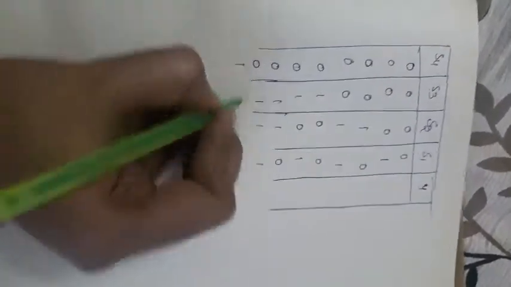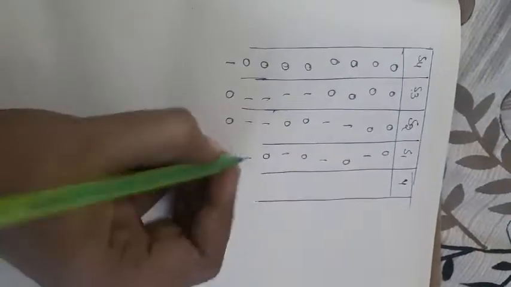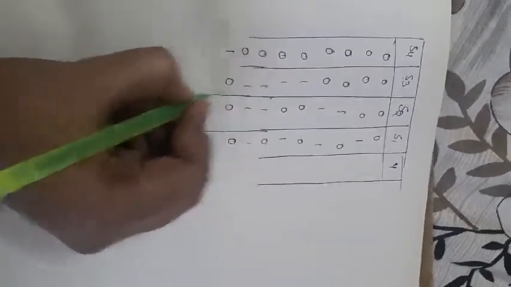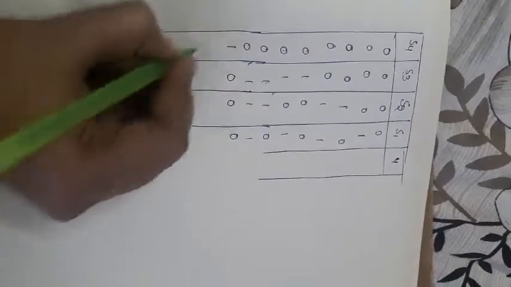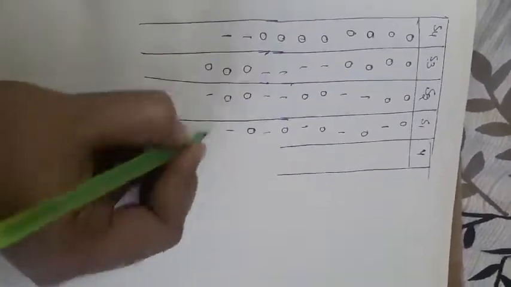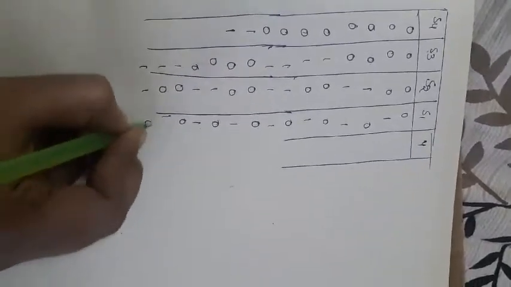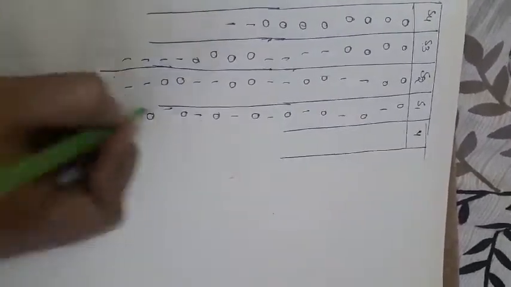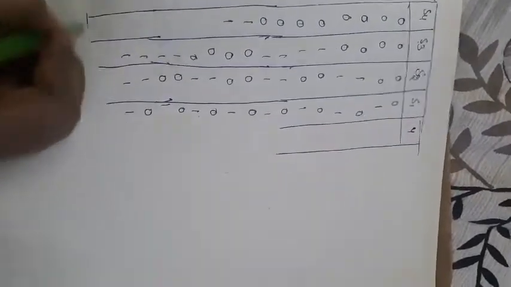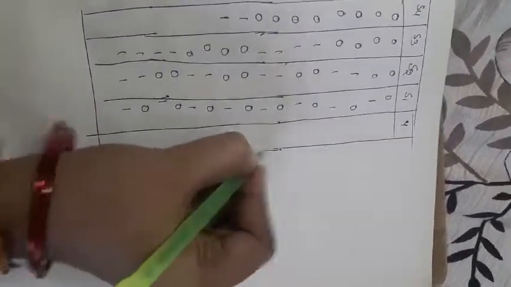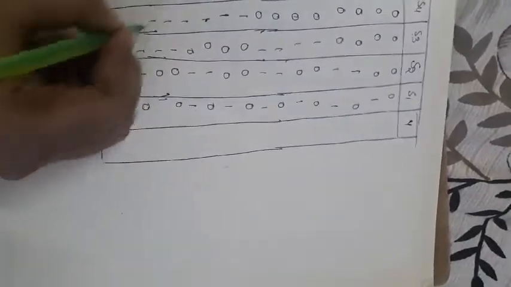Now these are 0 to 7, right? For 2 to the power 4 we have to write 16 combinations in total. So 0 to 7 is completed, and now we will write 8 to 15. This is the shortcut method actually. So these are the 16 possibilities we are getting for the input sum.